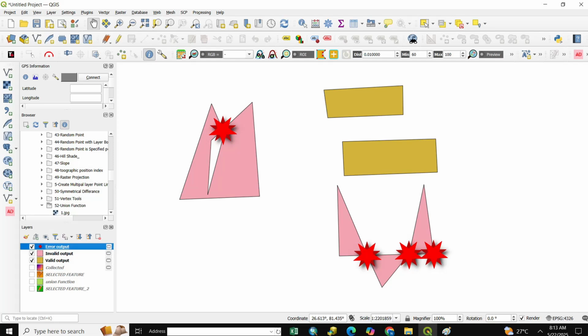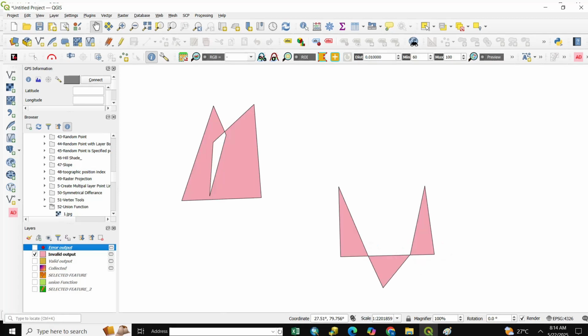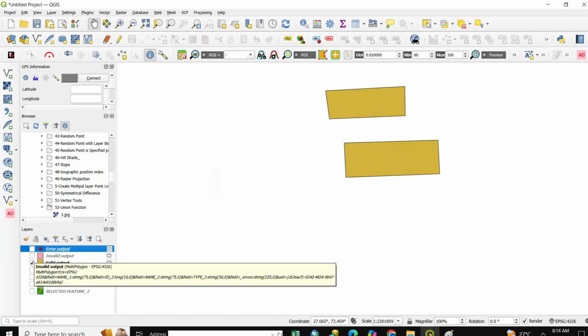Today we discuss check validity means error. If you create a polygon and you find an error point and valid output and invalid output,